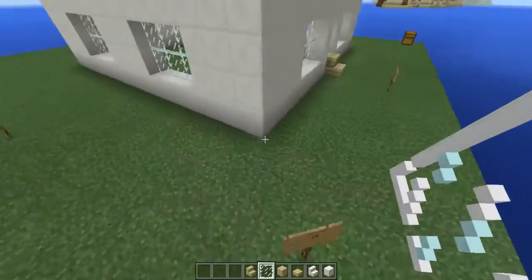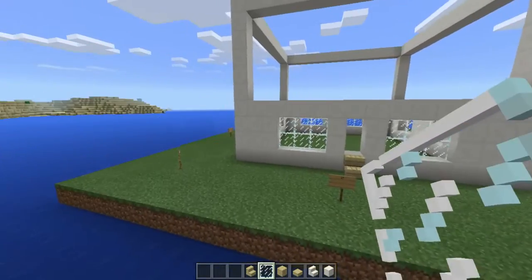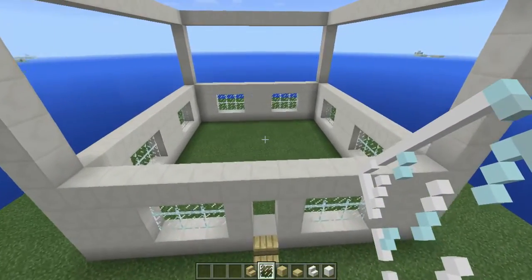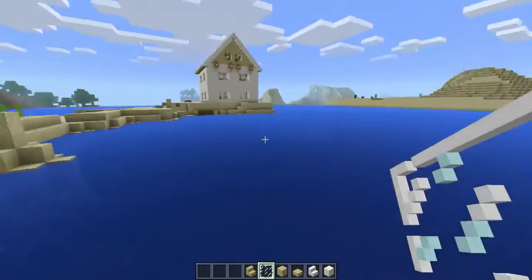Okay, so once you get done with all the grooving, once you get done with all the holes and placing glass, this is what it should look like. So now, what we're going to do,